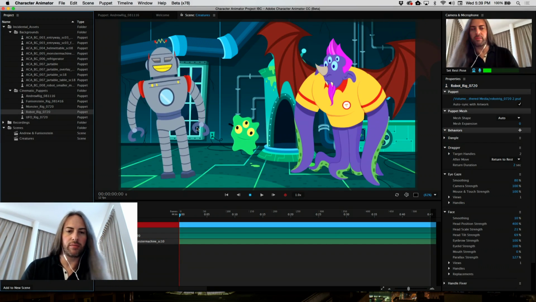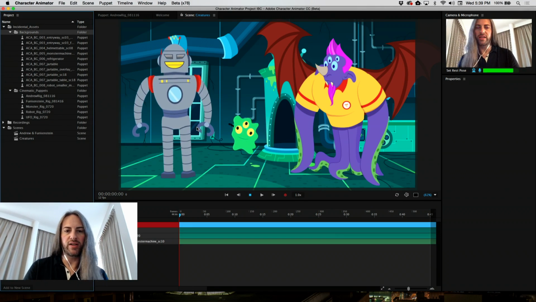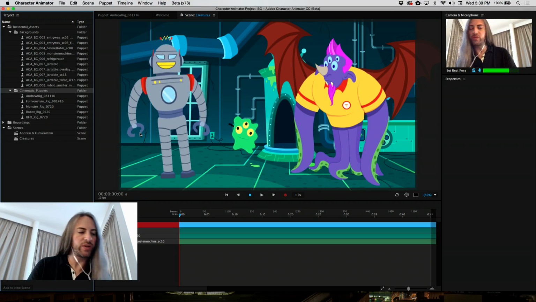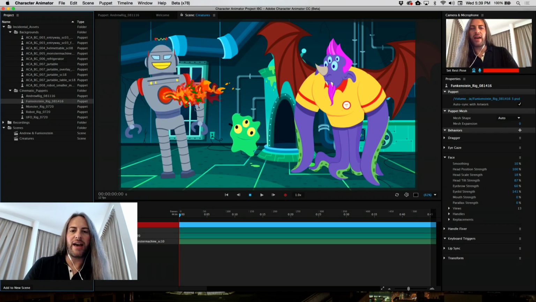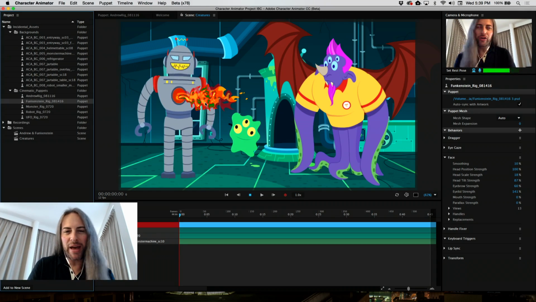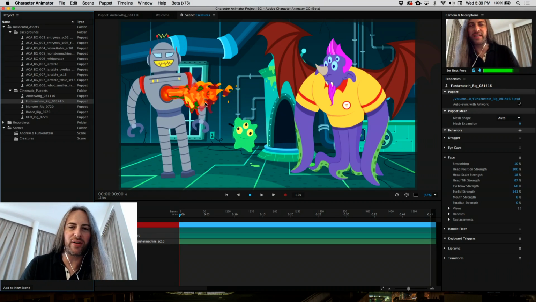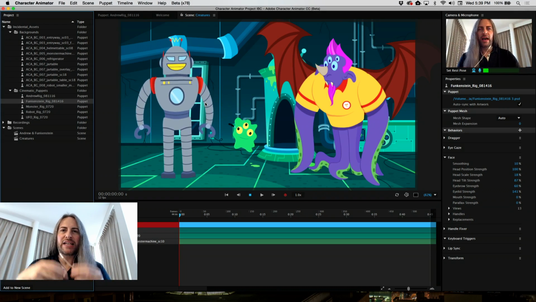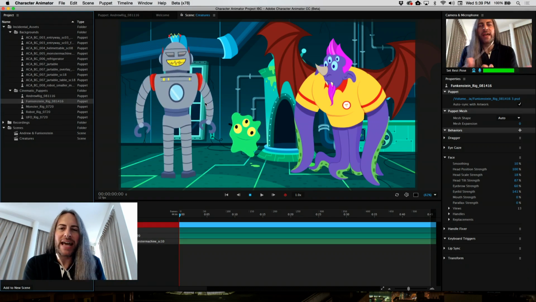Let's see, what does this one do? Okay, so B, we've got blinking on key B, clamping the hands with the shortcut key C, F shoots fire out of his Iron Man-like thing in the center of his chest there. So again, you can have all these keyboard triggers and things as part of the animation, capturing that animation, and